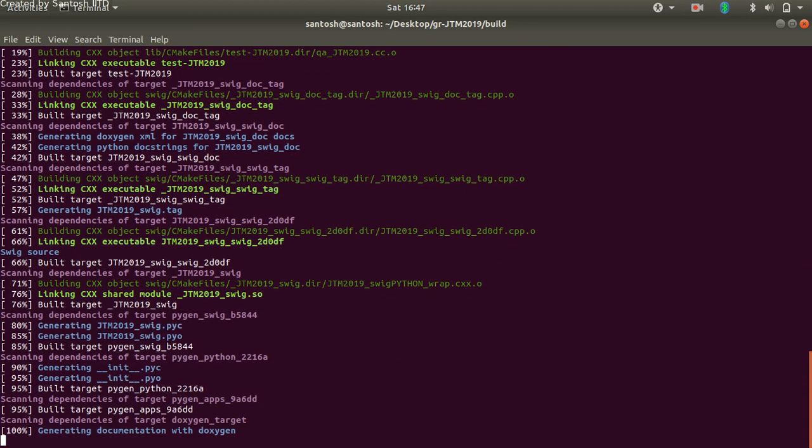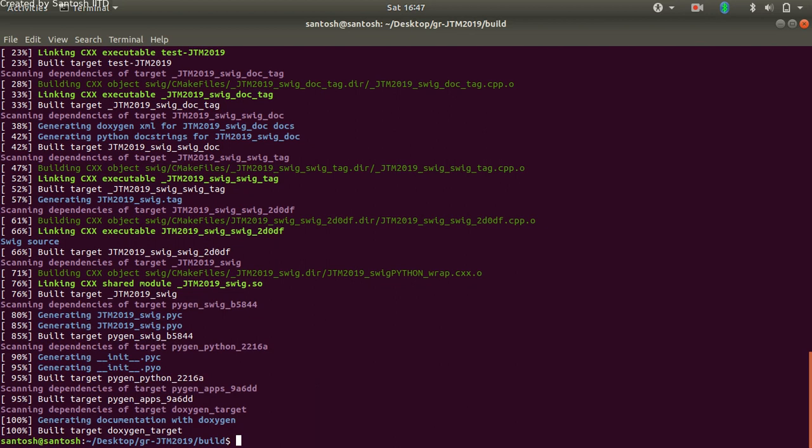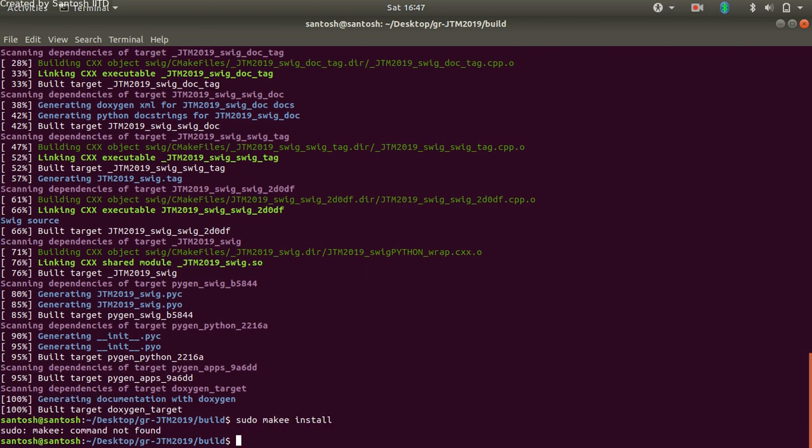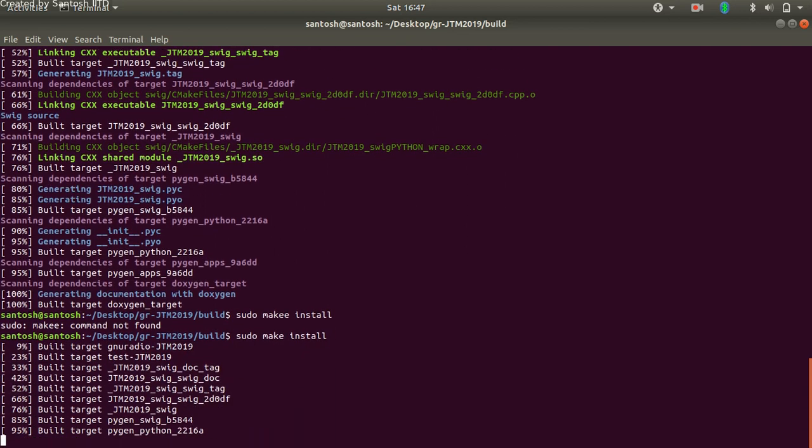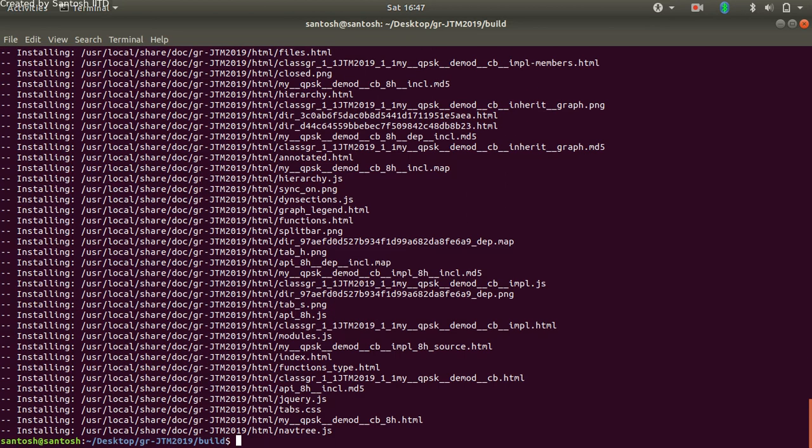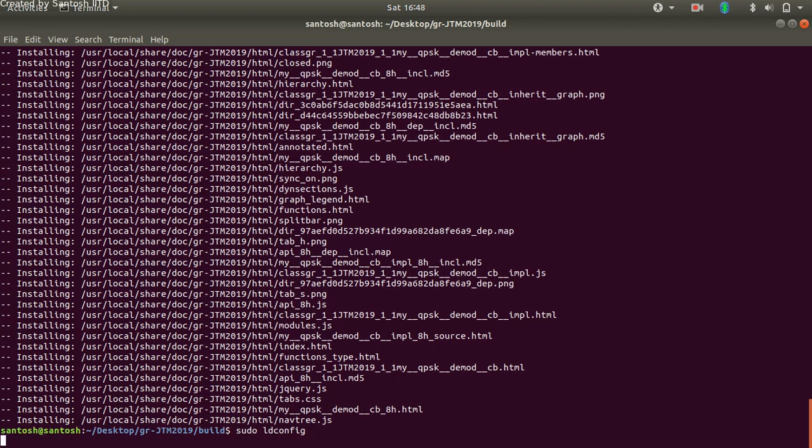So let's sudo make install the block. Okay, there's a mistake here. So the block is installed. Now we have to configure this block. Sudo ldconfig. Now the block is configured.